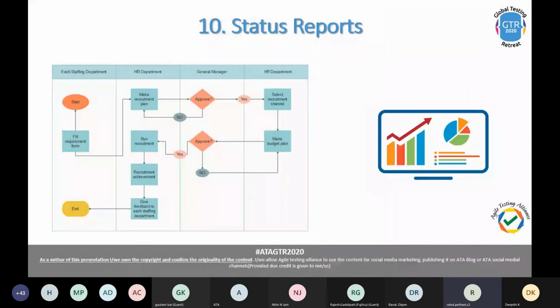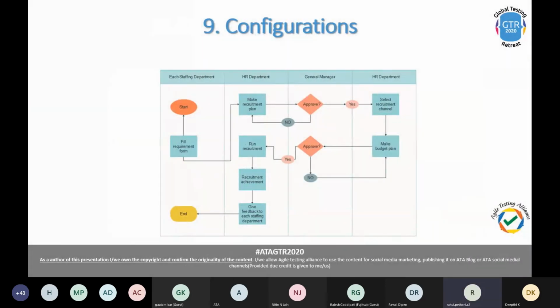Lastly, configurations. So many workflow tools come with their own configurations, like user configuration, group configuration, number of steps configuration, drop down menu configuration, and many other possibilities. If you are testing a particular workflow which is made in a certain tool, you must check that all the configurations are properly behaving as per the expectation. If any of the configuration is conflicting with some of the existing functionalities, then you should raise this case for solving the error.